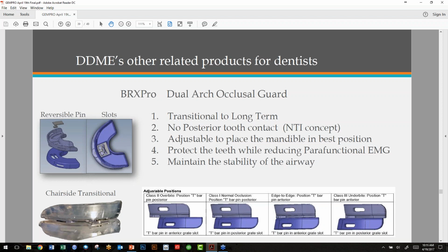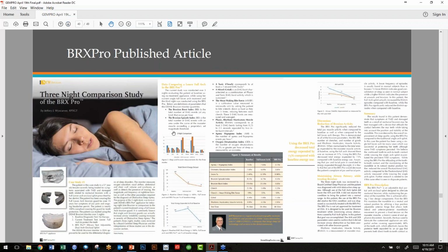And when you say to them, okay, I need $3,000 from you or your insurance for your sleep apnea appliance, and they're feeling better and they're compliant to therapy, your chances of them saying yes go way up. Okay, so that's kind of the strategy here. Here's some research, a published article that we did about the BRX Pro,